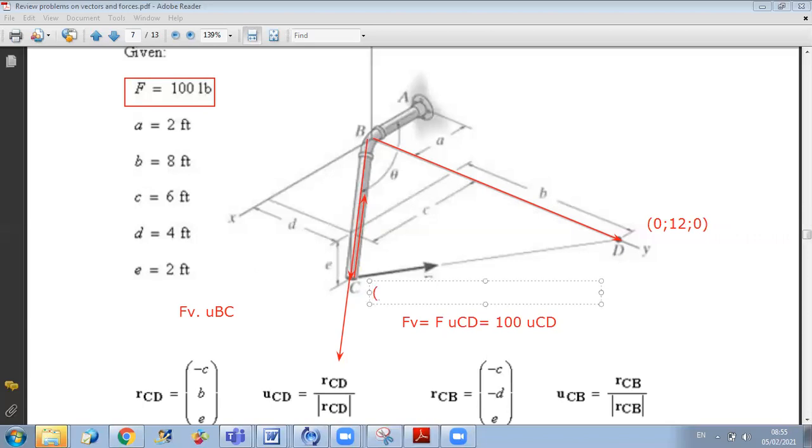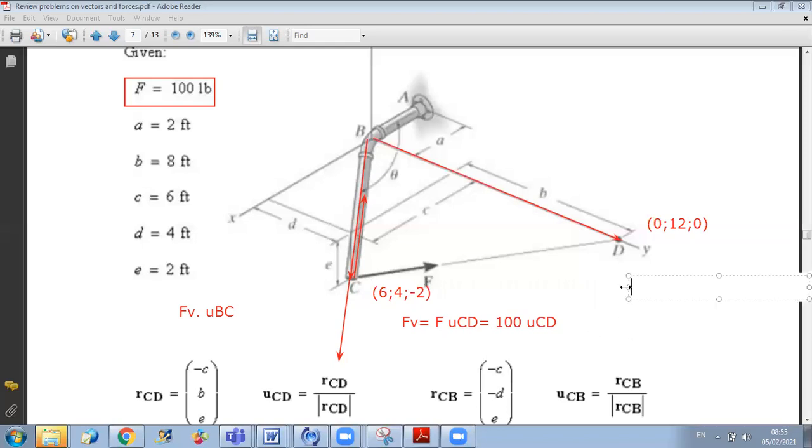We have found them together. Along x it's plus C, so it's 6. Along y it is D, so it's 4. And along z it's minus E, so it's minus 2. Once you have the coordinates of points C and D, you can find unit vector CD, because unit vector